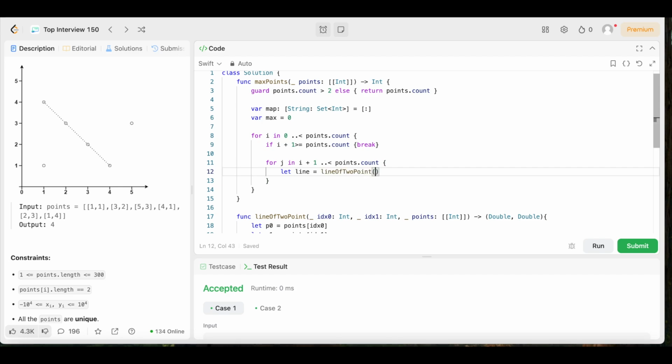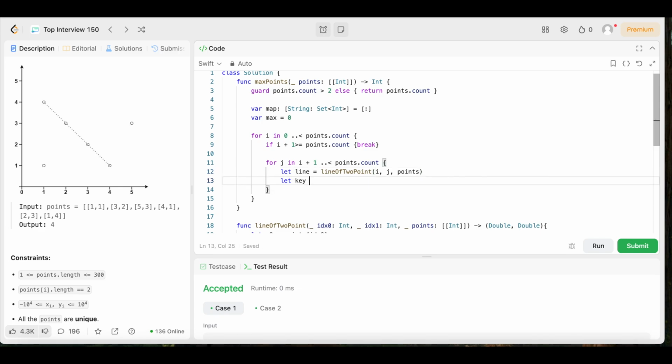Then we're going to open up the parentheses. We're going to pass in i, comma, j, comma, points, just like that. Then we're going to come underneath this, and we're going to say let key equal. We're going to use some string interpolation. We're going to open up the quotation marks. We're going to say slash, open up the parentheses, line.0, close the parentheses. Then we're going to say minus slash, open up the parentheses again, line.1, close the parentheses. Boom, just like that. And that's going to create a unique key for the line based on the slope and